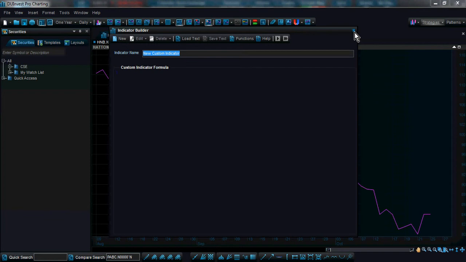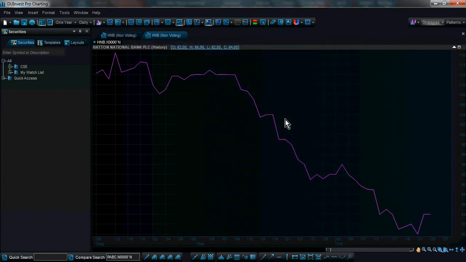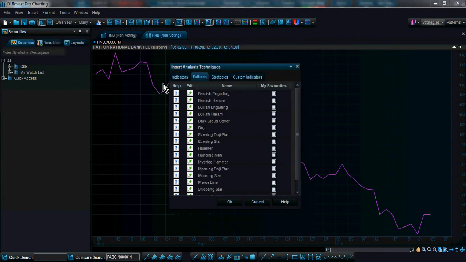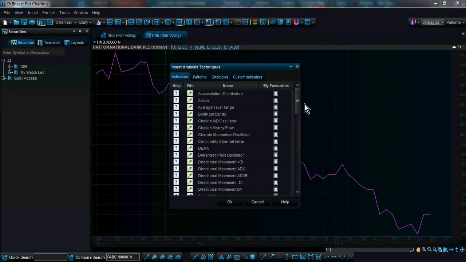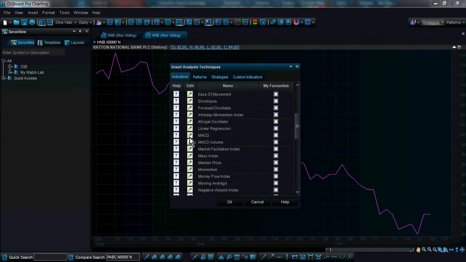Now I'm pretty sure that most of you looking at this are thinking, well, that sounds like a techie's job, I can't do it. Let me show you how easy it is to build your own technical indicator. Just double click on the body, and you will have the 71 indicators, 17 patterns and 27 strategies. Just pick any stock, any indicator. Let me pick MACD and click on this pencil.